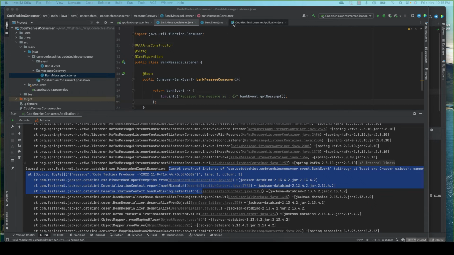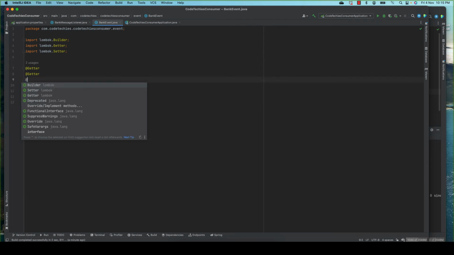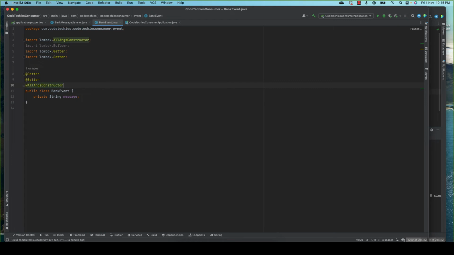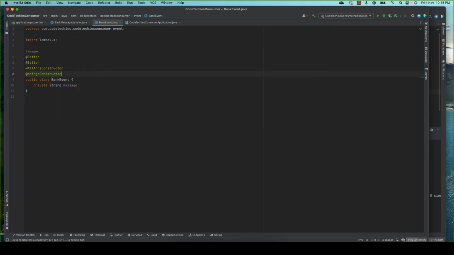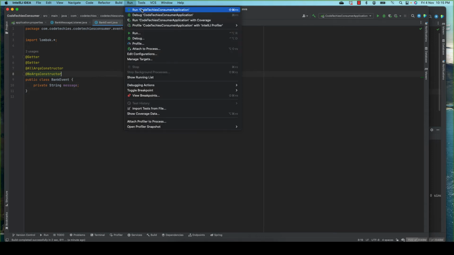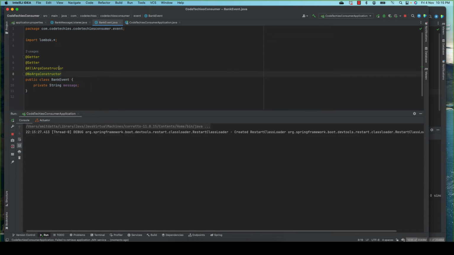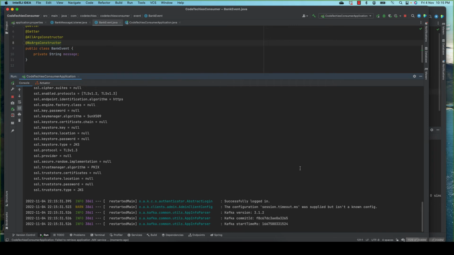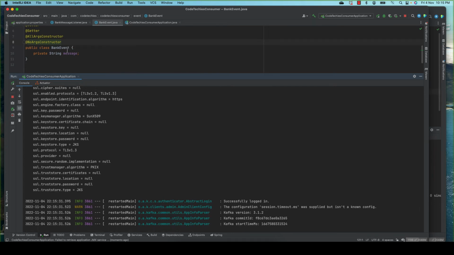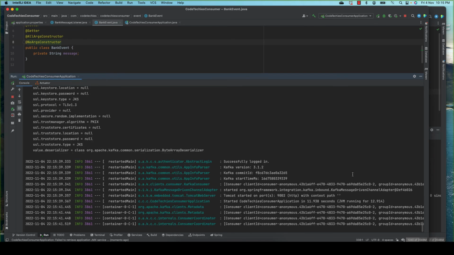Okay, I think here on the consumer side, the builder will not work. We need to give an all-argument constructor and a no-argument constructor. That's the thing we need to give. Now let me run it again. Because the Kafka consumer is unable to create this message object, it is looking for a default constructor. So a no-argument constructor should be fine, but I have just given the all-argument constructor also. Now you can see